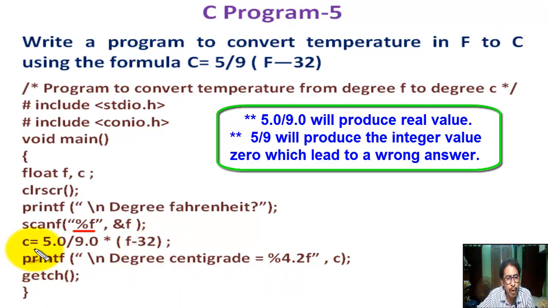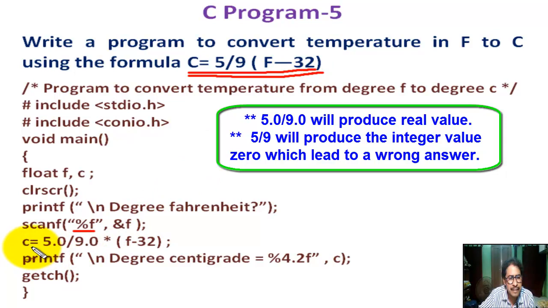Okay, we write the formula C equal to 5.0 slash 9.0 asterisk within bracket F minus 32. This is the formula in algebraic expression.